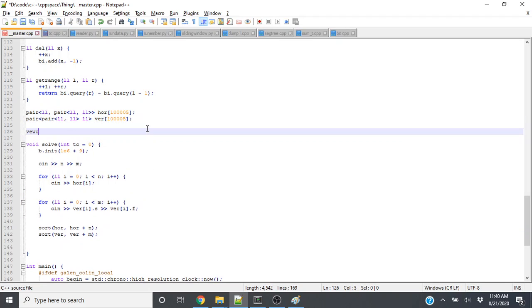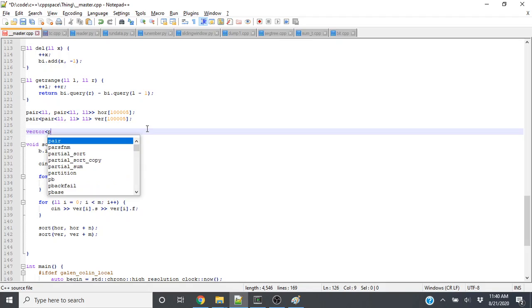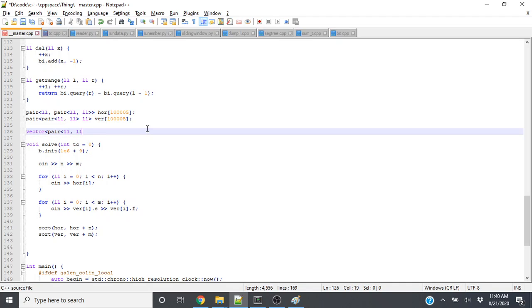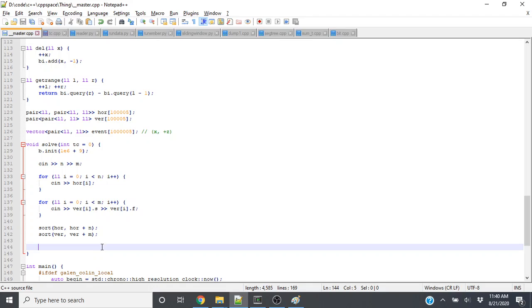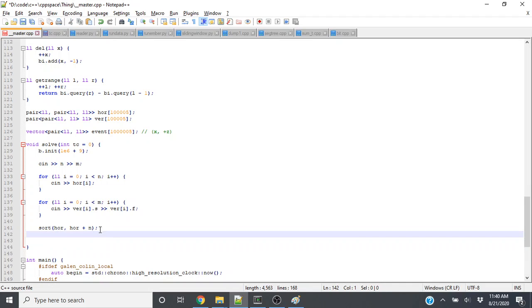So this is going to store an event of, at this y position, add z to a place at this x. So what this means is that